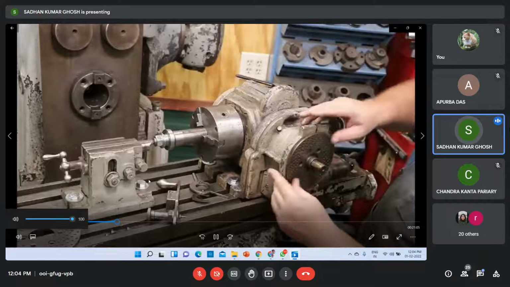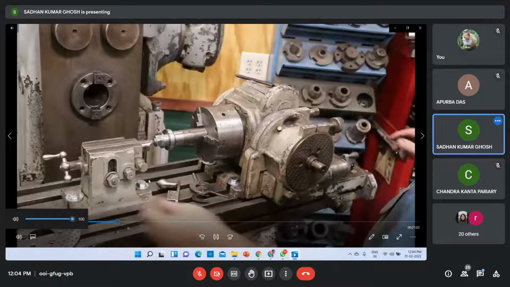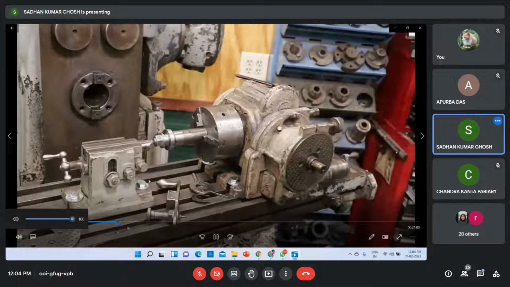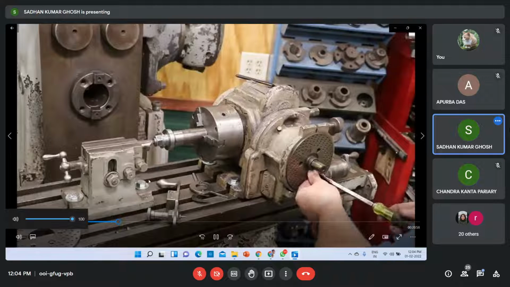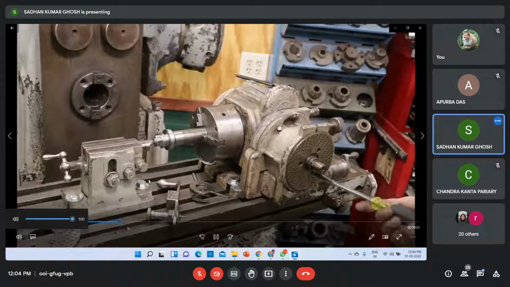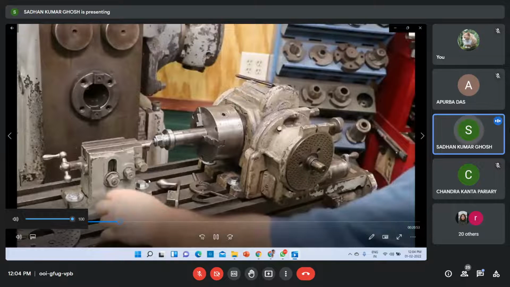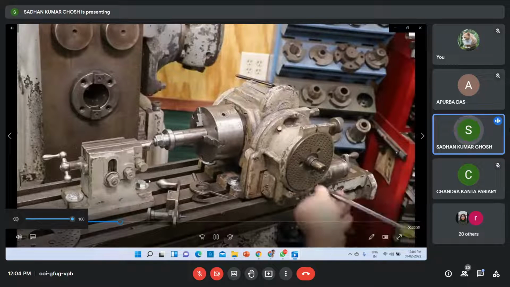Trying to line up my screw holes back there. Let's get all these started and then we'll get it in all the way.